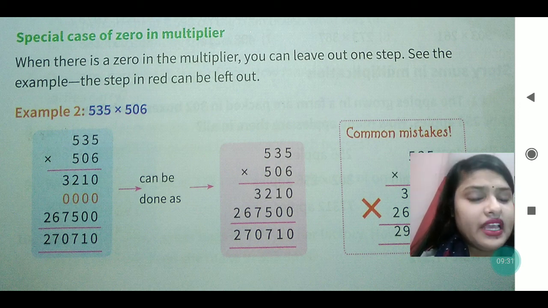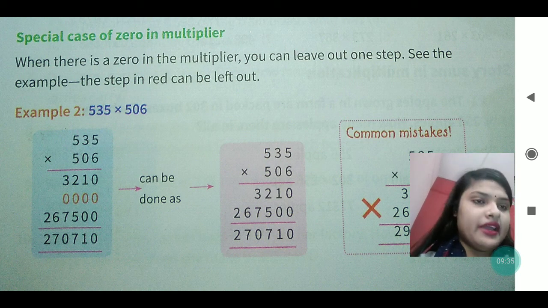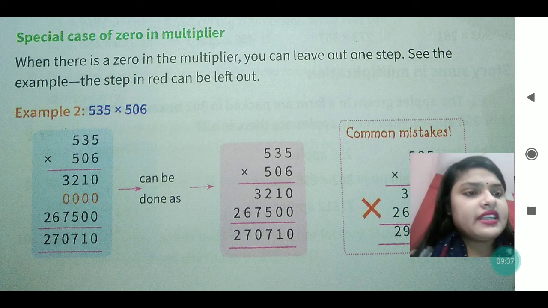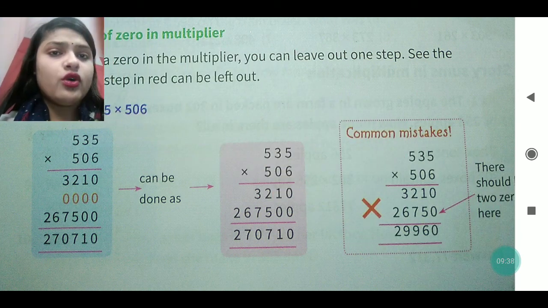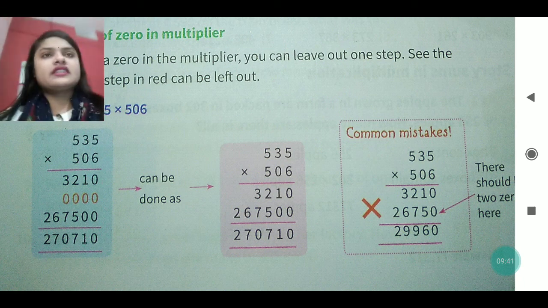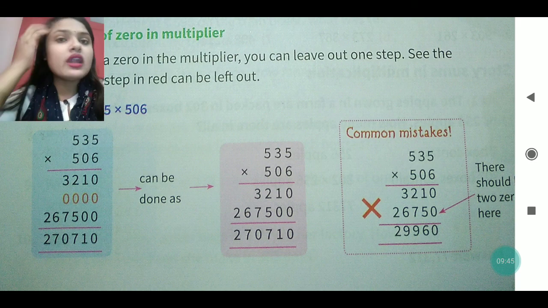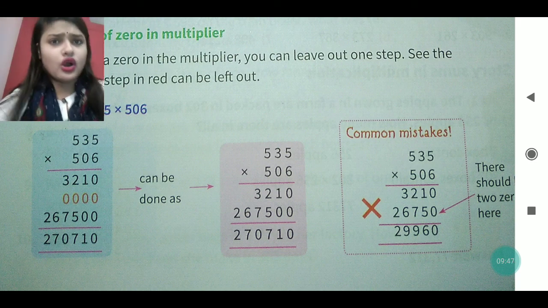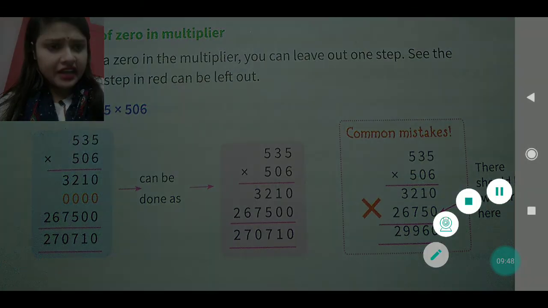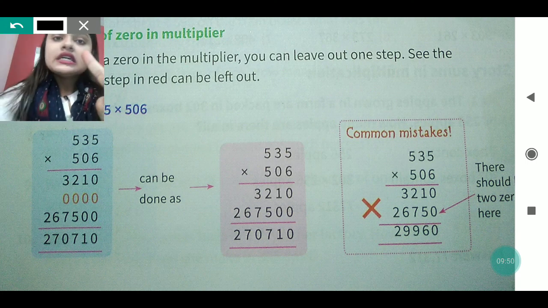In the second place it is written 0. So with 0 also you have to multiply, my dear. It is not like that it is written 0 so we can skip. No, you cannot skip, my dear. If you skip the 0, then the whole answer will become wrong. So for that we will multiply with 0 also.